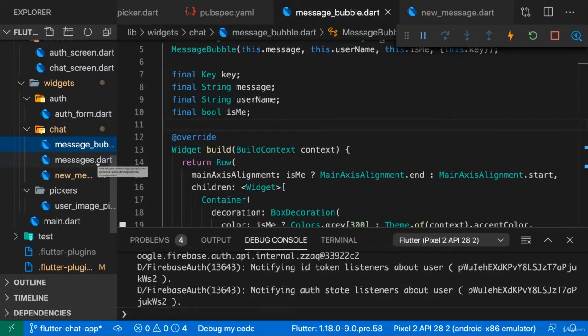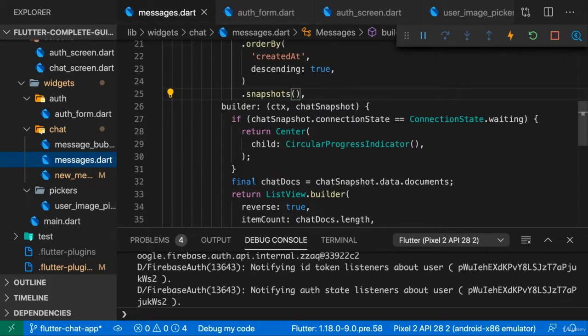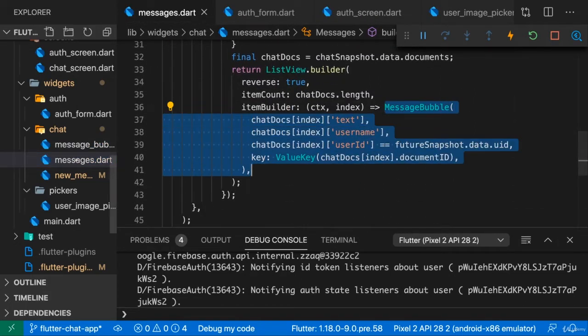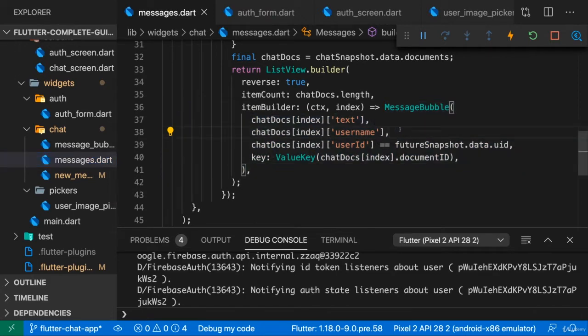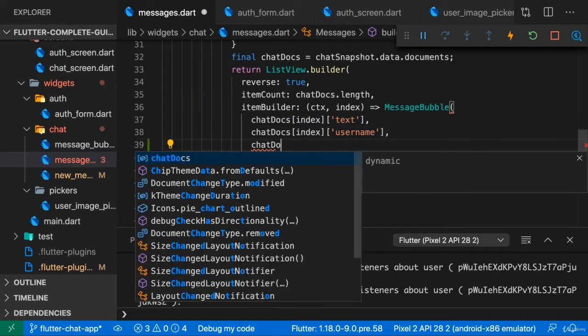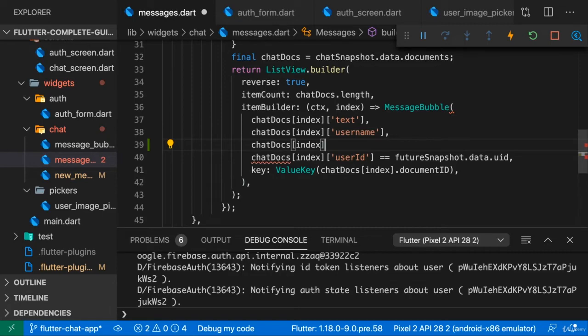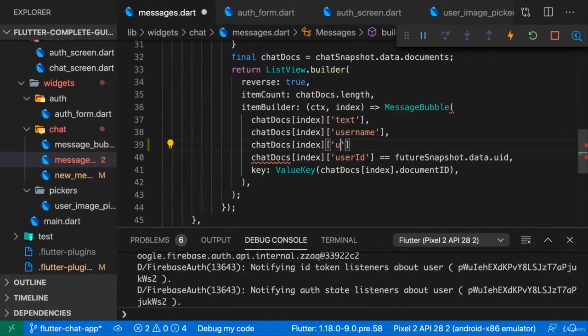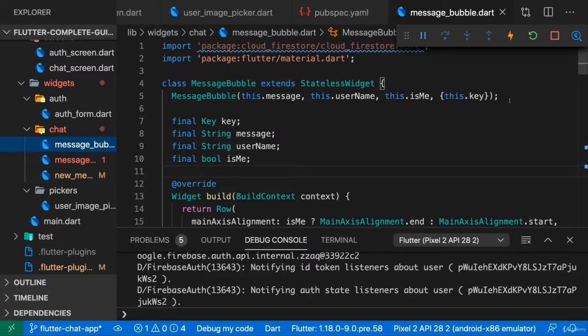Now we're storing the image as part of a message, which is great. That means we can pass that data to our message bubble constructor here in the messages widget. We're already passing in the username. Now we can just pass in the image URL, or as I named it here, user image. Now we can just pass this to message bubble. And in message bubble, we of course need to accept this extra parameter. So here in the message bubble constructor,